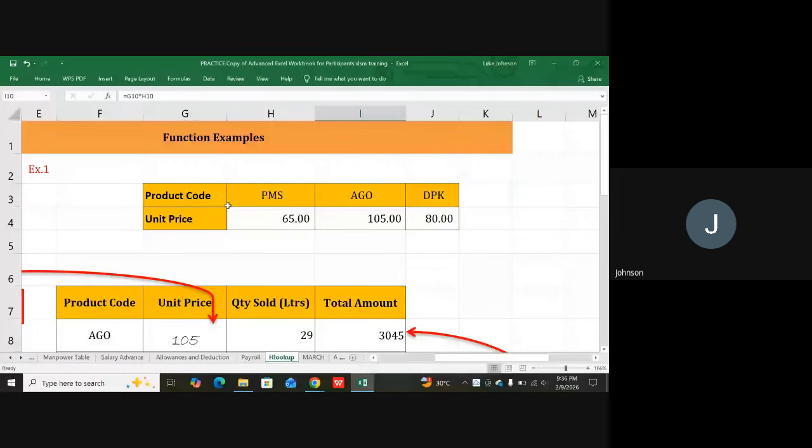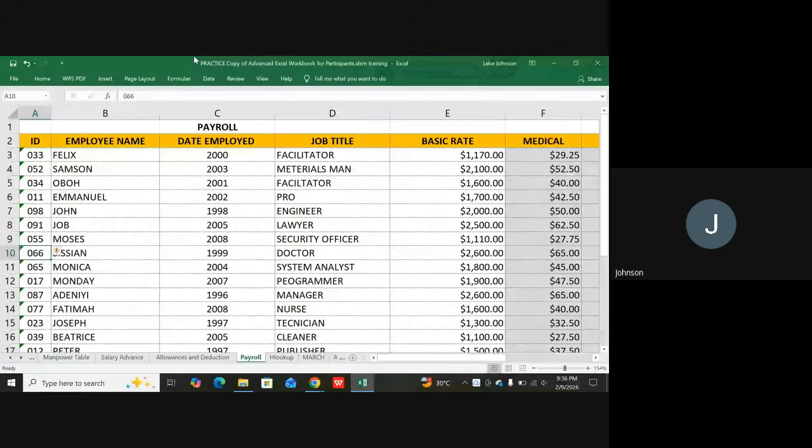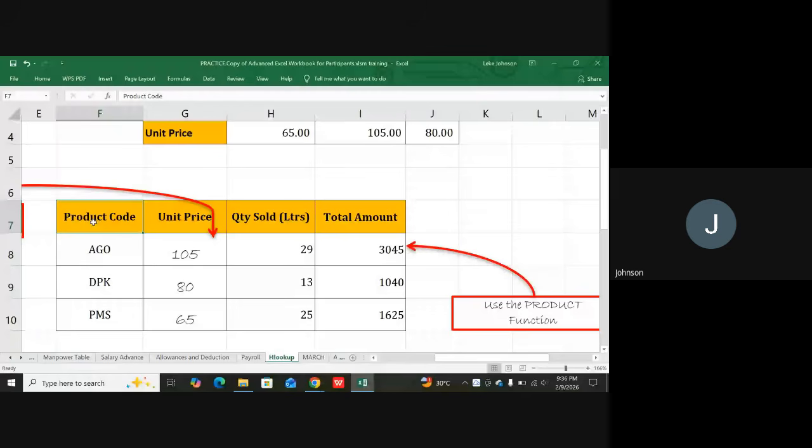Now let's come and look at the data set. In order for us to achieve what you're saying, it won't be so good to use serial number for now. We always try to match. We first of all match something with something before we now look for other things. So what are we trying to match? Let's check what we are matching. The first thing we are trying to match is